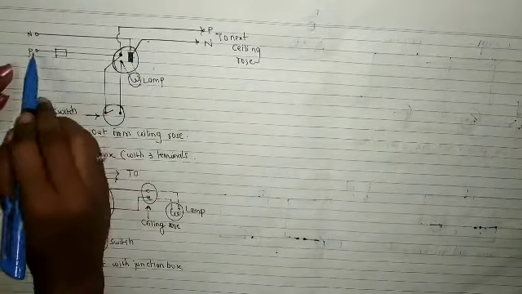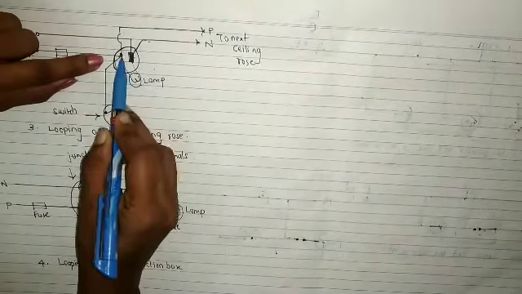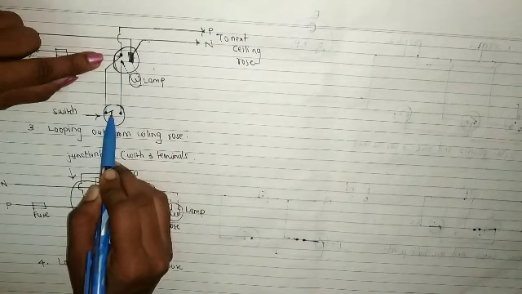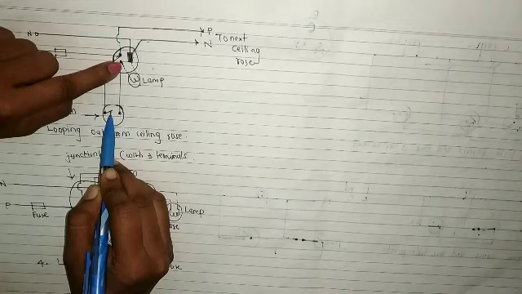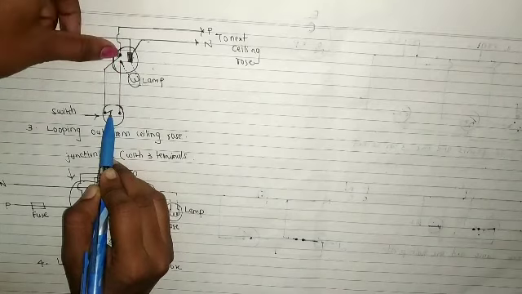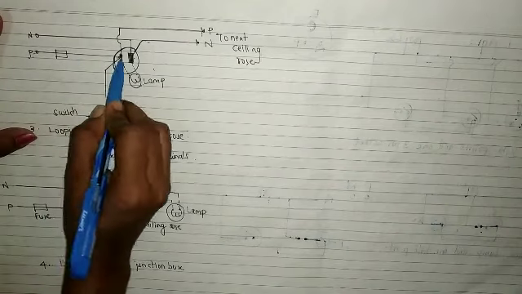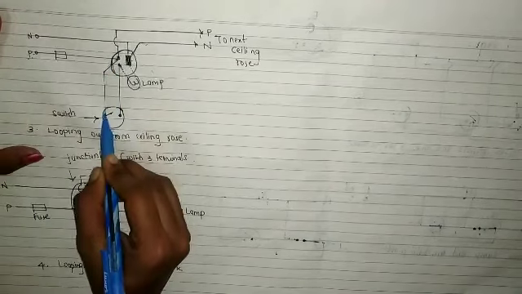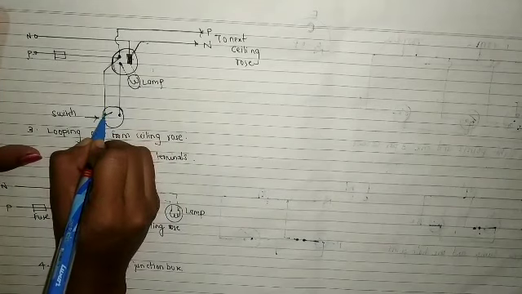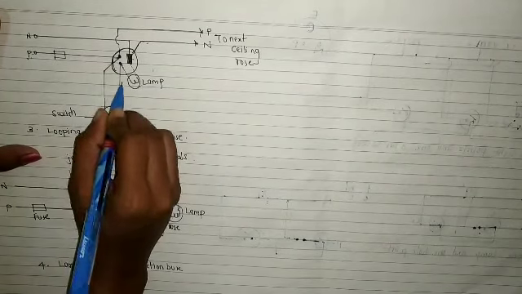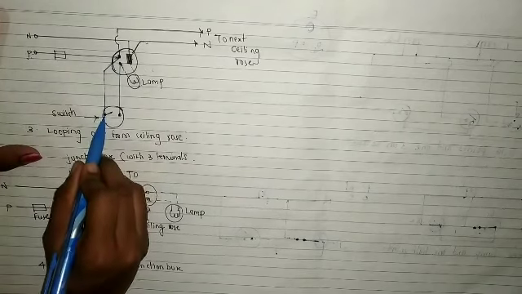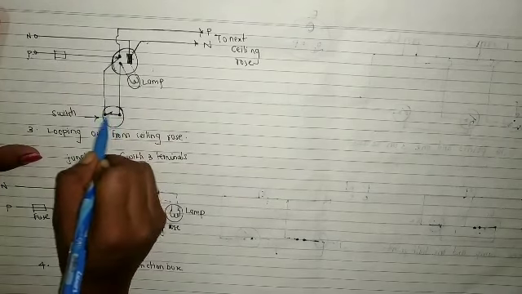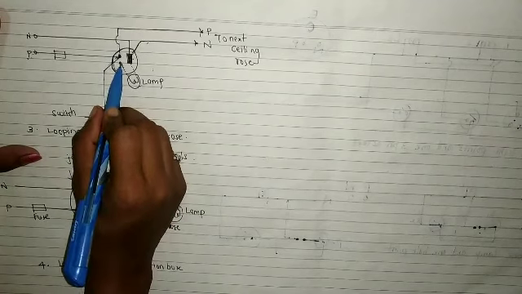So from here phase comes to this single point, then it comes to the switch. It is not directly given to the lamp. Lamp is connected here. Okay. And the phase is coming here. So how will the phase travel? It will come here. From here it will come directly to the switch. And only when the switch is on will current flow to the lamp. How will it flow? From here to here, from here. When the switch is closed, it will be in this position and the current will go to this lamp.